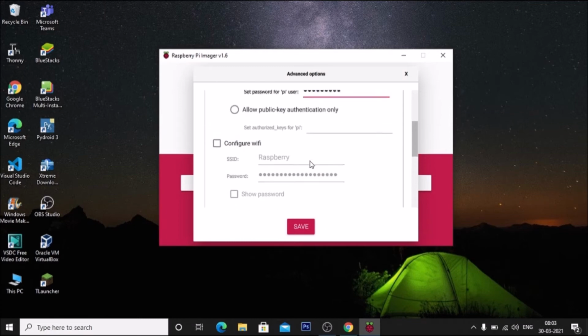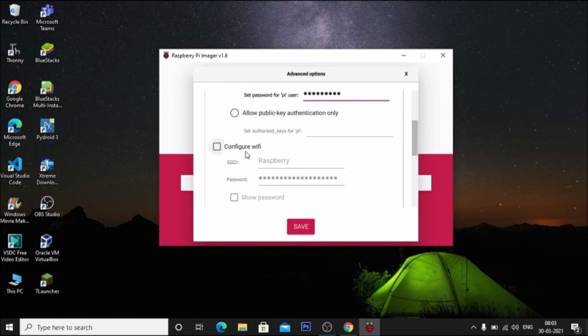And here it is, as you can see, the main option, configure Wi-Fi. As I told you, in the latest Raspberry Pi Imager version we are able to set up the Wi-Fi at startup. So simply click on configure Wi-Fi, and here we need to mention our router SSID and router password. My router SSID is Raspberry, and I have entered my router password.